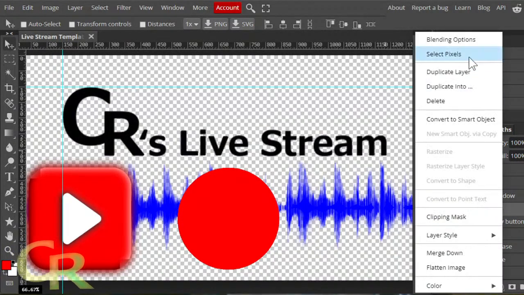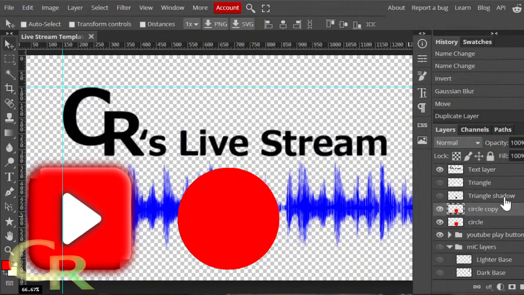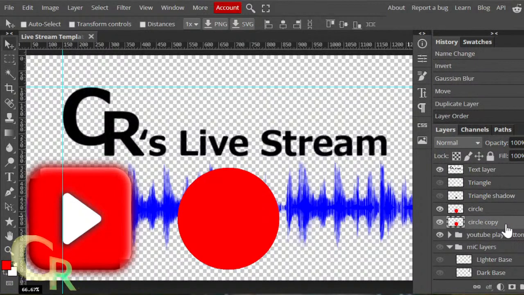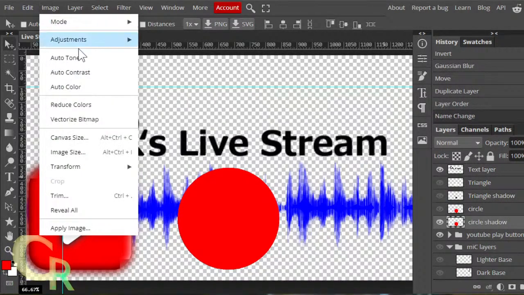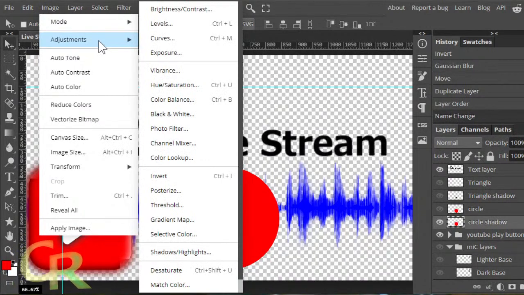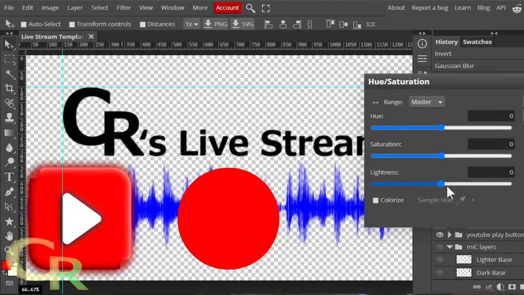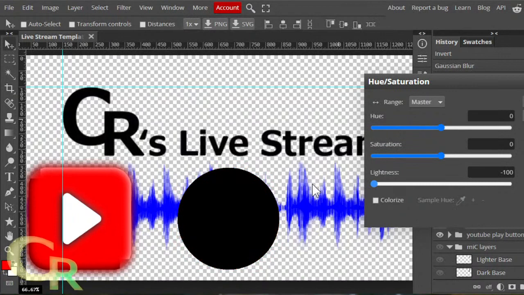Alright, now let's match these two to the circle one. I'm going to make a copy of that layer, duplicate the layer, move it down, and not show the original one. Go back to the circle copy, double click on that, and rename it circle shadow. Now I have to go to Image, Adjustments, Hue and Saturation, and change the lightness all the way down so it looks dark, or in this case black.